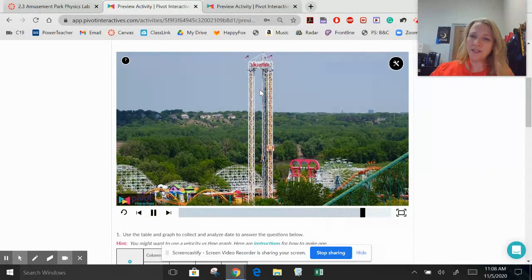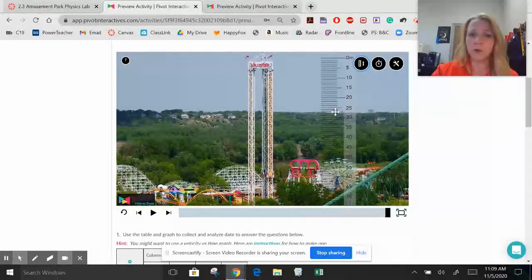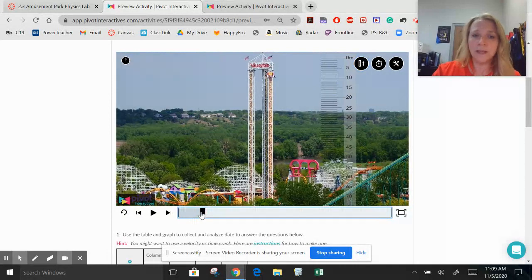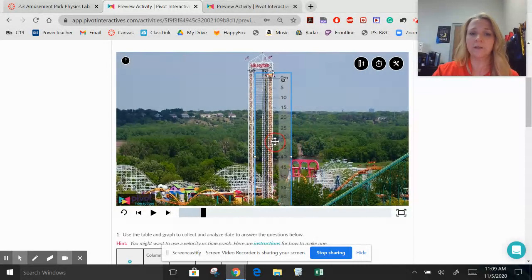So we want to focus on the one that is going down and see if it really does experience free fall, which is negative 10 meters per second squared, the acceleration due to gravity. Okay, so to help us out, we have our toolbar right up here. When you click on this, we're going to add the ruler and put the ruler up to where it meets the rider. Okay, so I'm just going to rewind this back